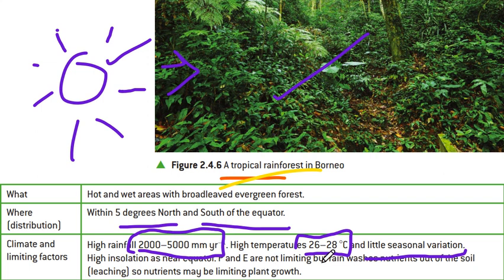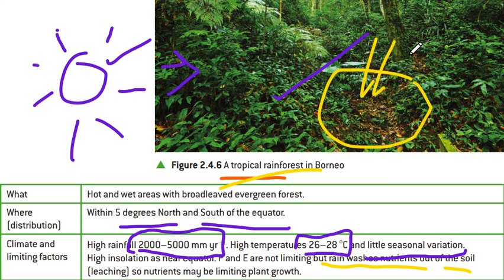But rain washes the nutrients out of the soil, which is called leaching. Let me explain what leaching is. The water will fill here, and because of more and more precipitation, the water will keep filling, and when it flows, it will take the nutrients of the soil with it. So that is called leaching. I'm going to remove the slide so you can read it here. It will wash the nutrients out of the soil, which limits the ability of the plant to grow. Okay, moving forward.